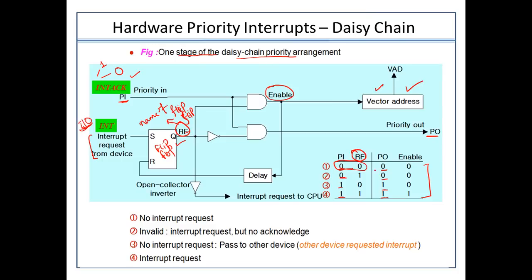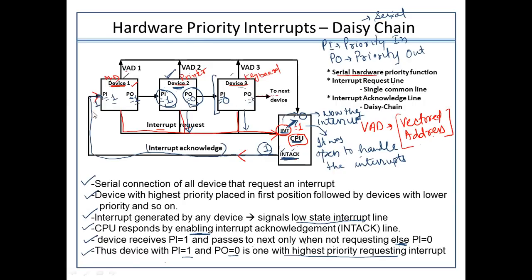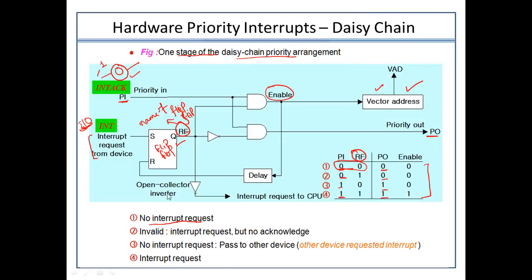So the point here is that in this first procedure, when Pi equals 0 and RF equals 0, what will happen? No interrupt signal will go. It is also clear from here as well. Let's proceed with the next. If Pi equals 0, when will Pi be equal to 0? If the acknowledgement signal has not been sent by the machine. Only in that case the Pi value would be equal to 0. It means that there is no acknowledgement. So here is the same point. If this Pi value is equal to 0, I need not bother about anything.